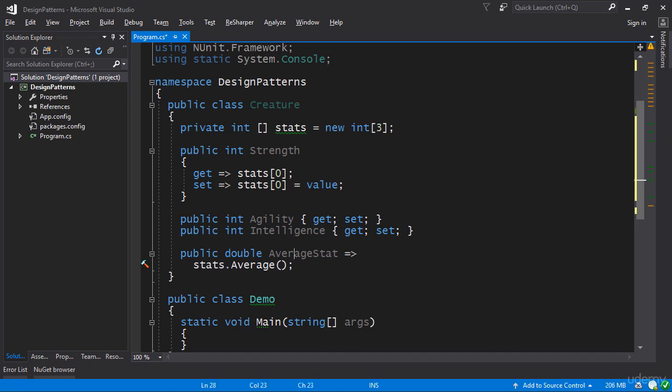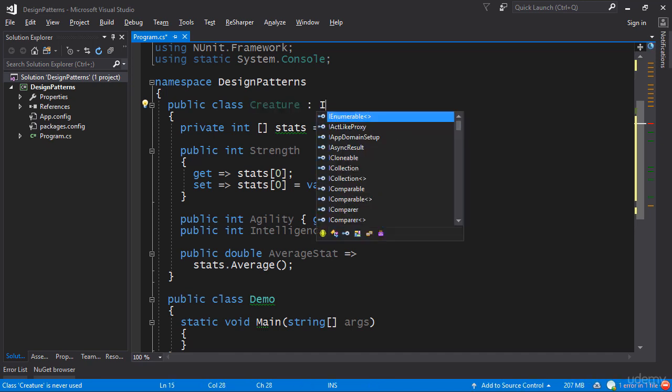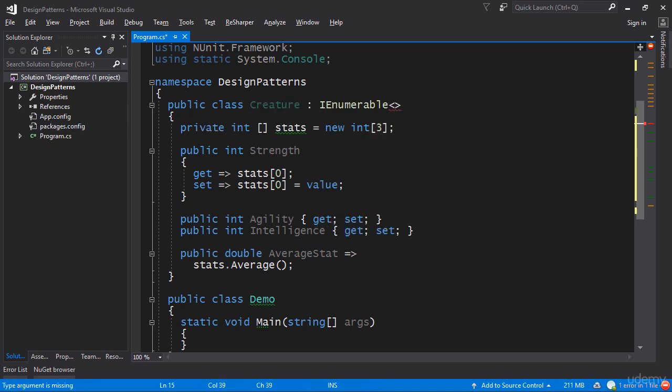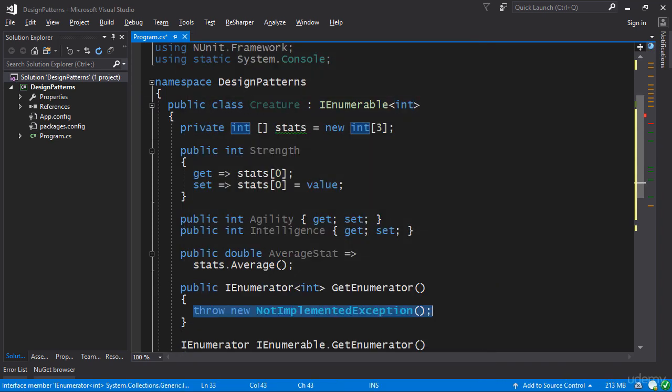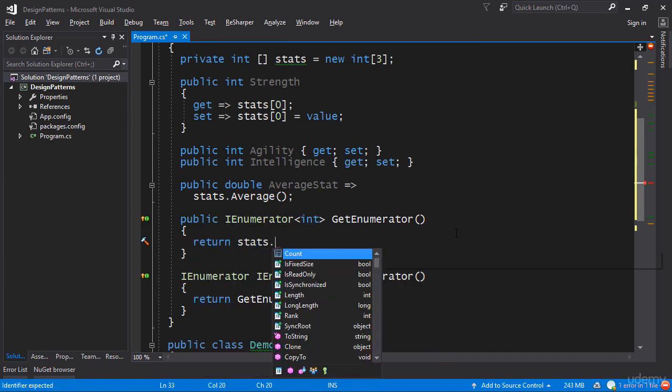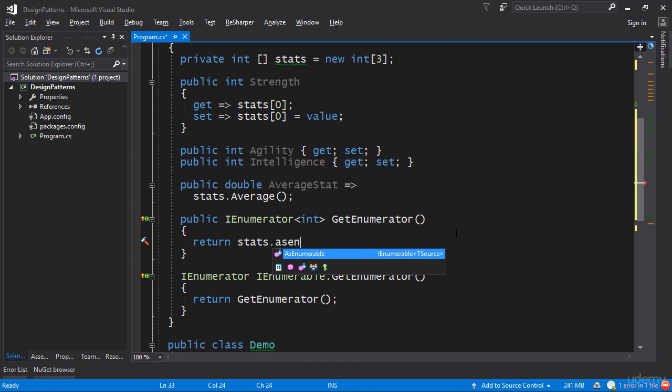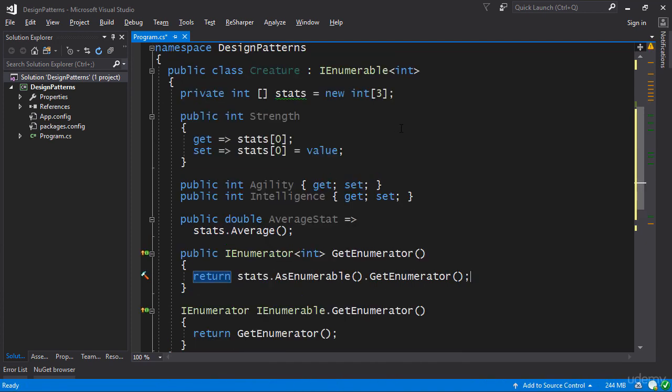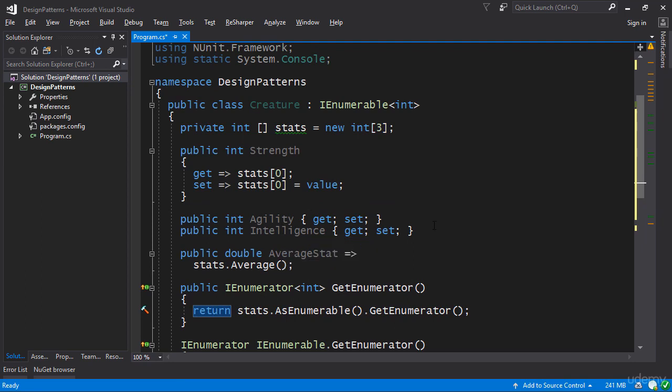In a similar fashion, you can define other things, like, for example, let's suppose that you want a creature to expose only these fields and you want it to be IEnumerable. In this case, all you have to do is define an IEnumerable of int, press Alt+Enter in ReSharper and generate all the appropriate members. And here all you have to do is return stats dot AsEnumerable dot GetEnumerator. That's all that you have to do